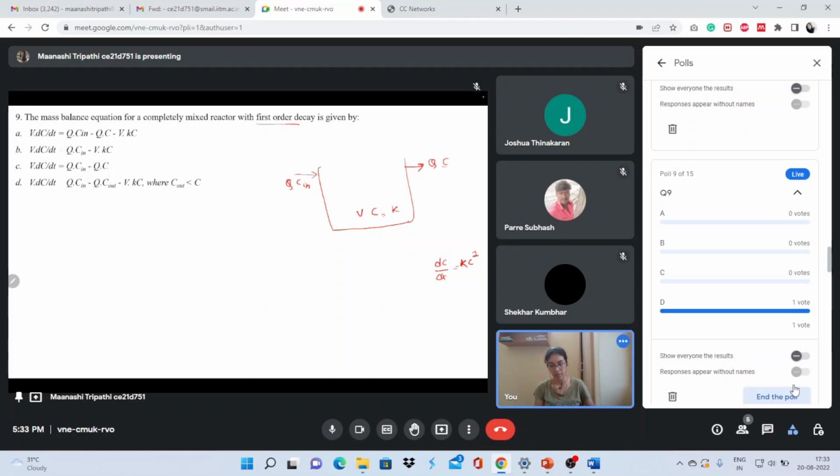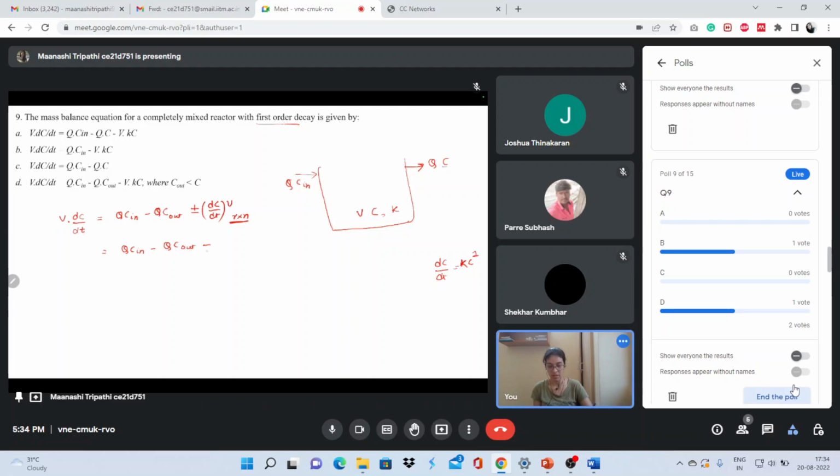So mass balance is important here. Volume dC by dt is equal to Qc in minus Qc out, because this flow is coming in, this flow is going out, plus minus dC by dt volume reaction. So reaction, it is saying it is first order decay. So dC by dt is equal to Kc. What we will get? Qc in minus Qc out, minus,